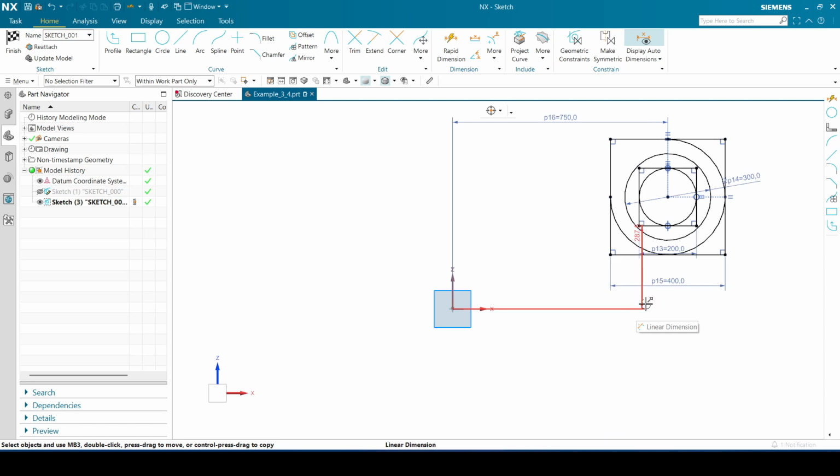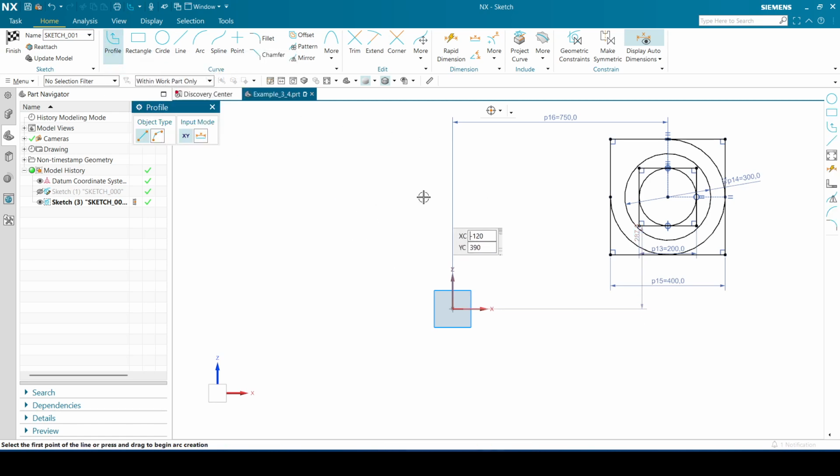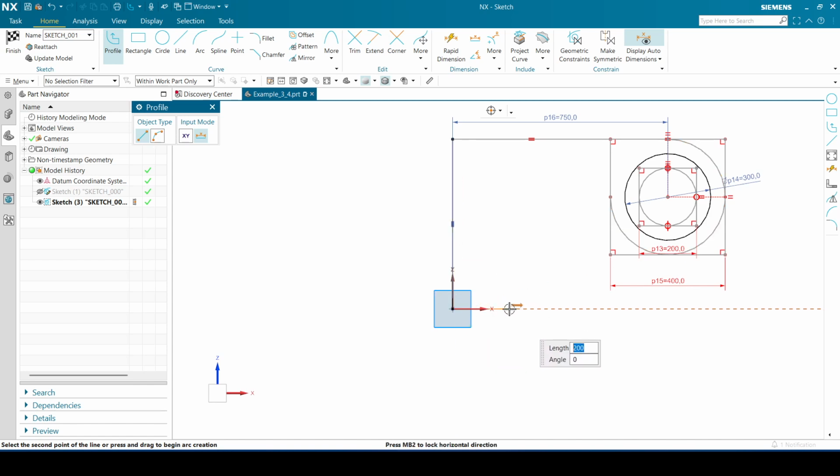Okay, so then next, we'll quickly just check. Next I'm going to add the other edges and so on that will connect it to the origin. So then we'll sort this guy out now. For that I'm going to use the profile tool, and I'm going to start at this edge because I don't want to start off with an arc. So I'm going to click here, go over here, and it's complaining a little, but we'll see why in a moment. Click there, so it goes out a bit, goes up diagonally,